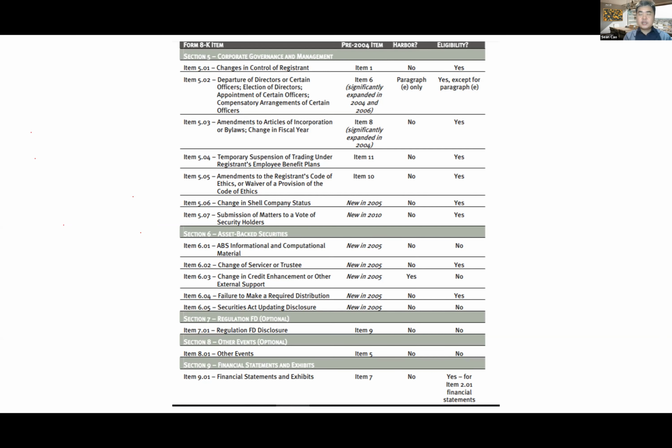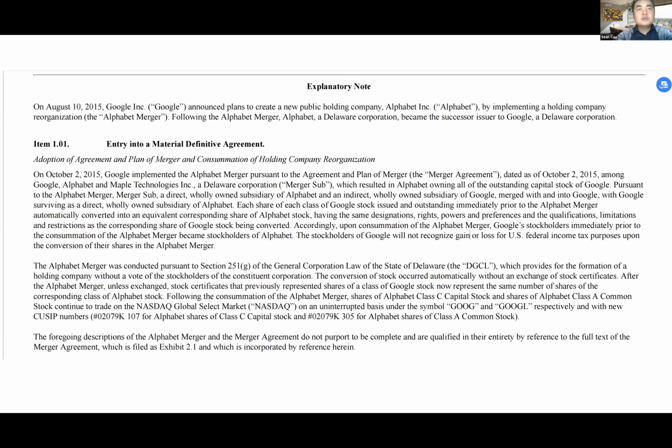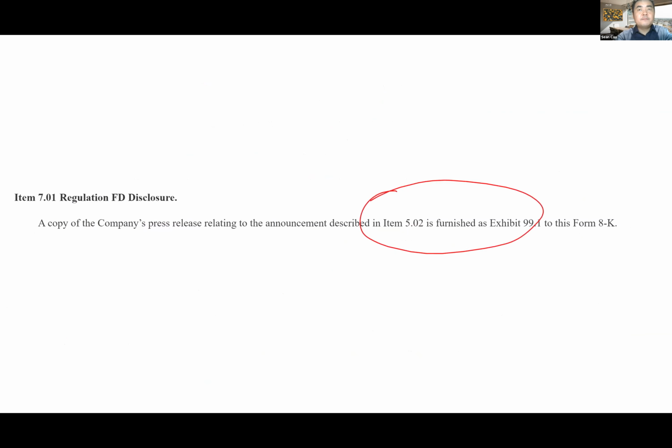One more thing I want you to know: companies are confused about 7.01 and 8.01. Sometimes they mess up. They put the news in 7.01, or they put news in 8.01. That doesn't matter, okay? In practice, 7.01 and 8.01 are very similar, because the companies who file and categorize the news don't distinguish the two categories. The news in 7.01 and 8.01 looks very similar. So that's 7.01.